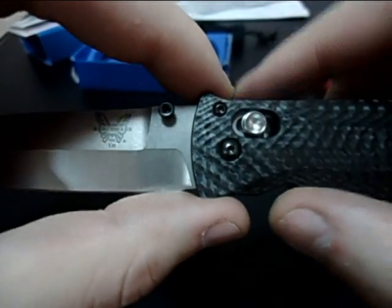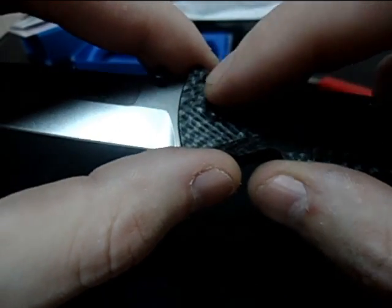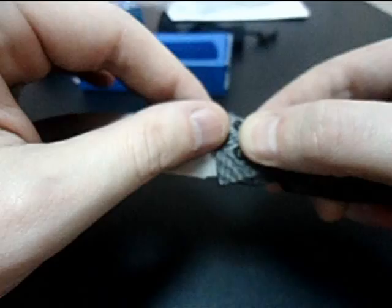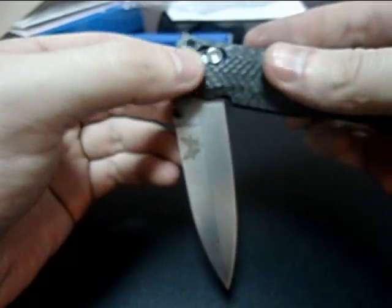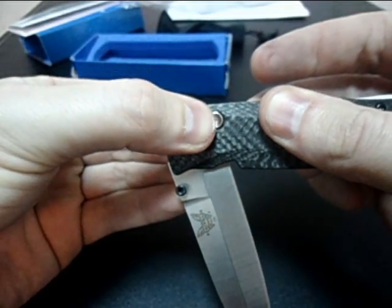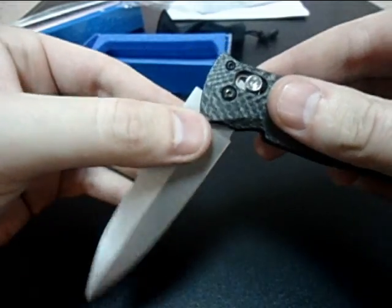Let's check opened. Yeah, even larger now. There's even a gap between the axis lock and the handle, that's kind of disappointing. Let's see how much the axis lock will actually slide back. And you see, this is what I'd like to see in the locked up position, right up against it. But anyhow,